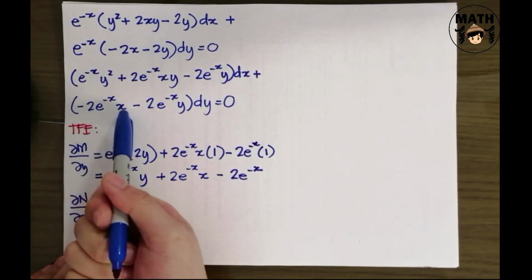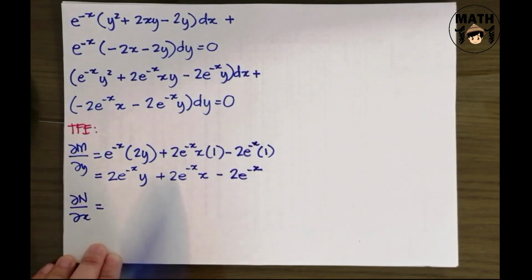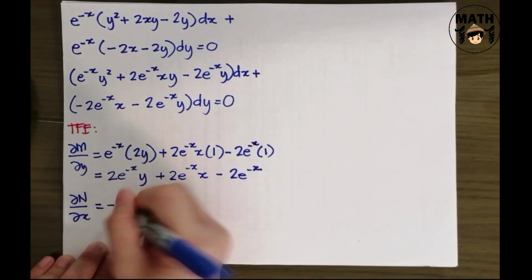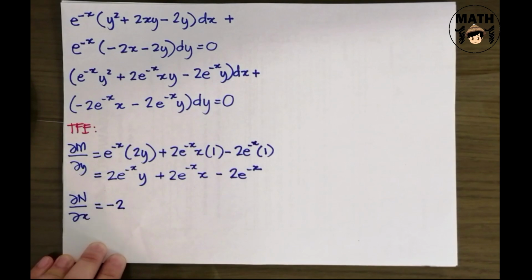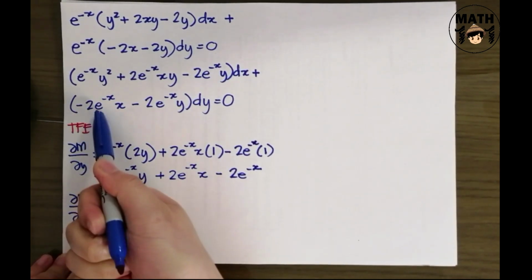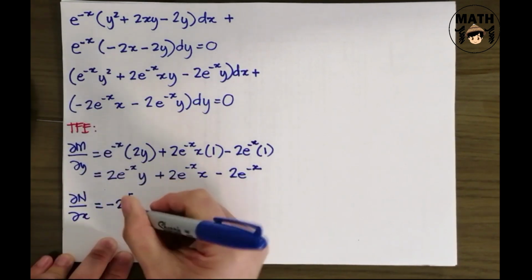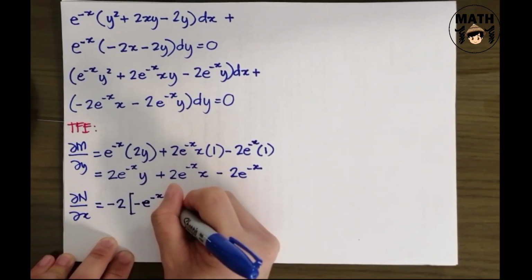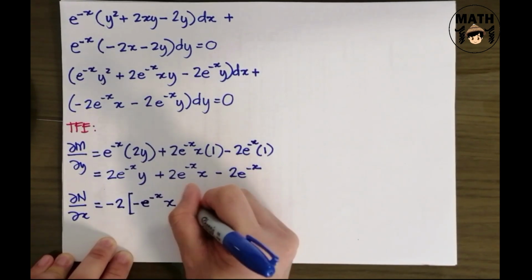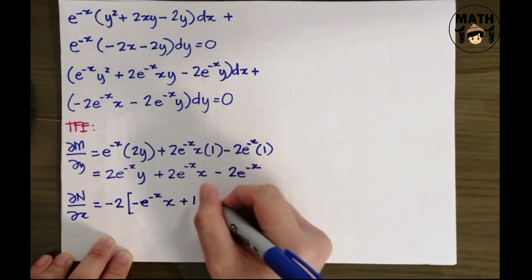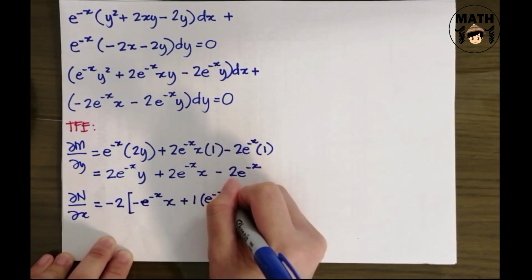Dahil pareho silang x, derivative ng, so constant to, copy muna natin. Pareho silang x, kaya gagamit tayo ng product rule. Unahin muna natin yung derivative ni e raised to negative x, that is negative e raised to negative x multiplied by the first term, plus derivative ng x is 1 multiplied by e raised to negative x